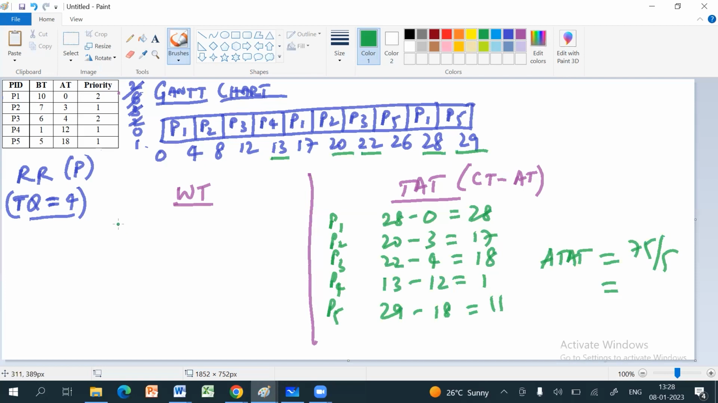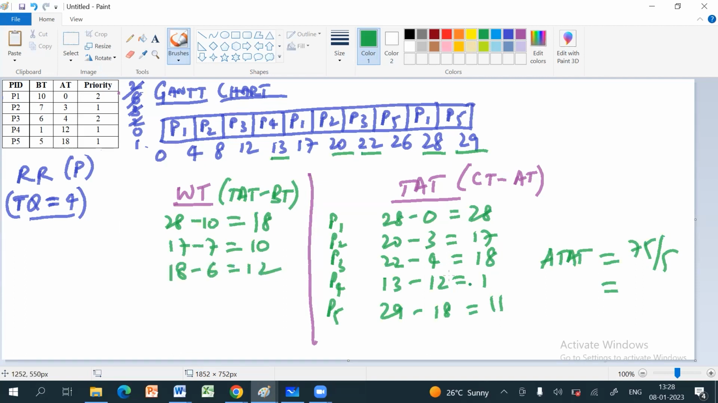So wait time again is turnaround time minus the burst time, so that would be 28 minus 10 is equal to 18, and then 17 minus the burst time, and then 18 minus the third burst time, P3 is 6, so that is 12, then followed by 1 minus 1 is 0, and then 11 minus 5, which is equal to 6. Again, sum of all